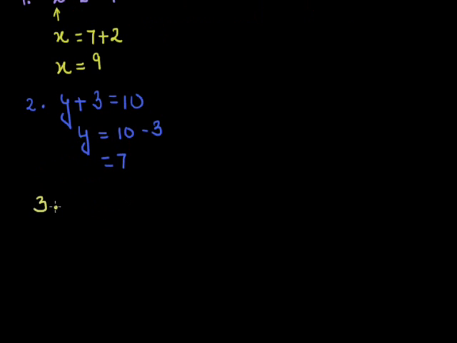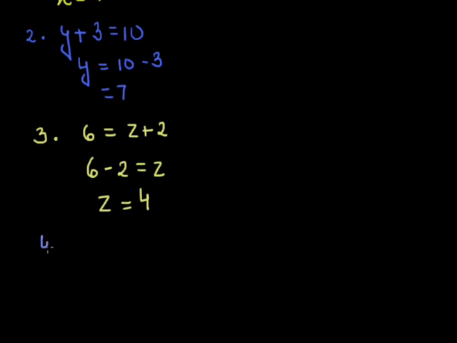The third question, 6 equals z plus 2. The variable in this question is z and the constants are 6 and 2. Again, we keep the variable on one side and the constants on the other side. I can take z to the right-hand side and move the constant 2 to the left-hand side. When I move the constant 2, it becomes minus 2 equals z. So z is equal to 6 minus 2, that is 4.